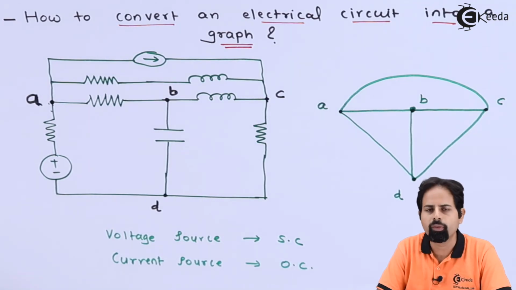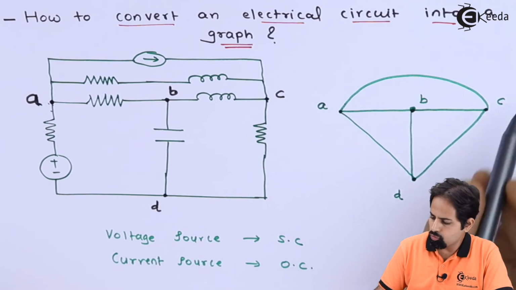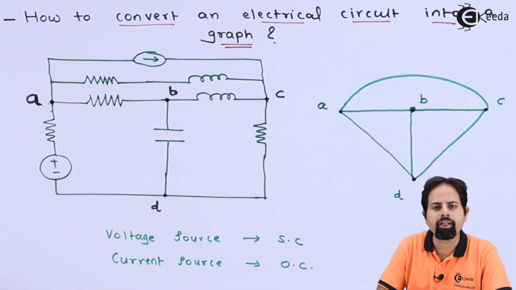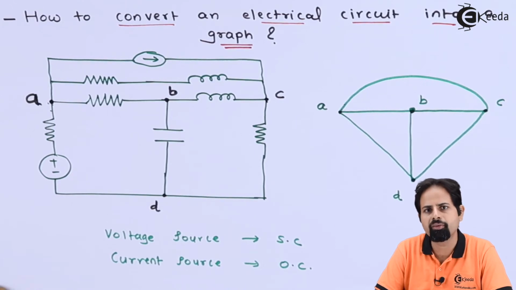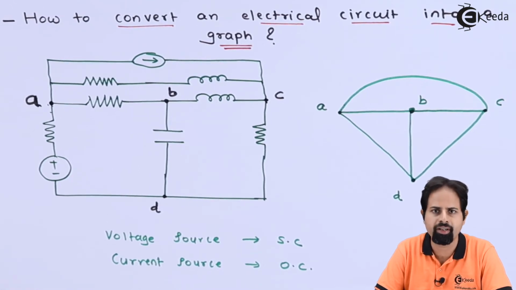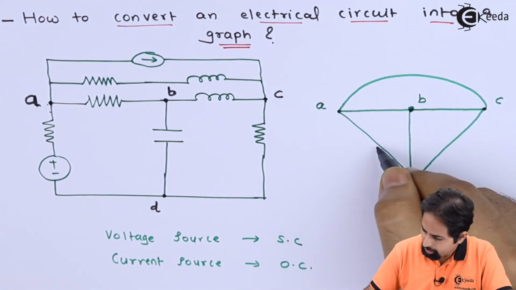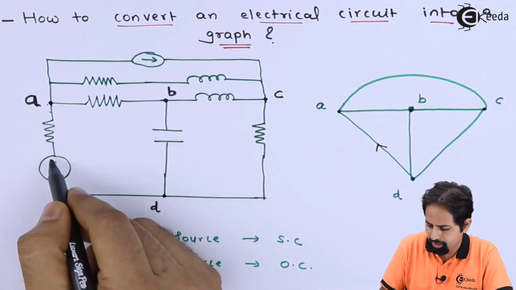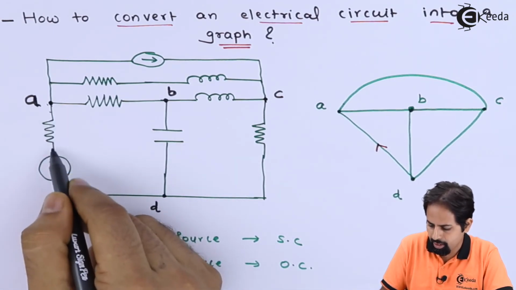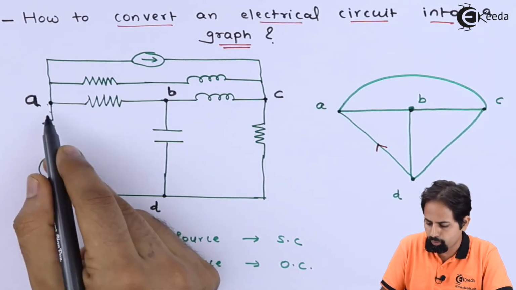And so we will not draw it. So we have almost drawn a graph, but we have not provided directions. Now directions we can give in any arbitrary direction, but here we will go according to the circuit. So between D to A, I will take this direction which is similar to the current direction, because this is plus, minus, and current will be flowing out. It will be going to terminal A.